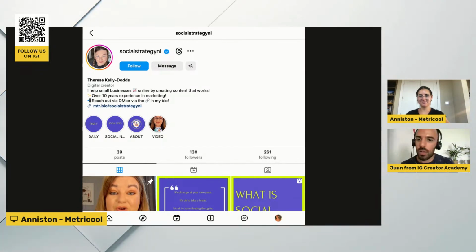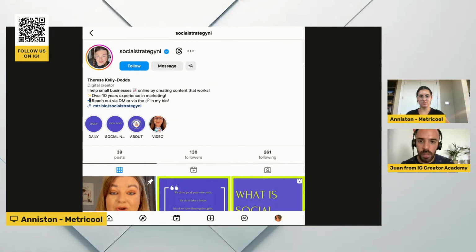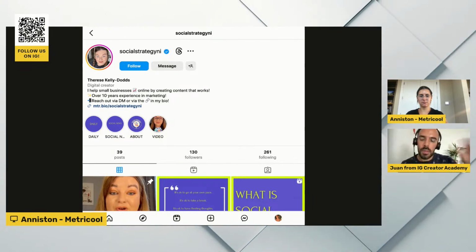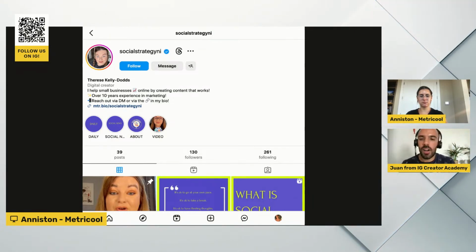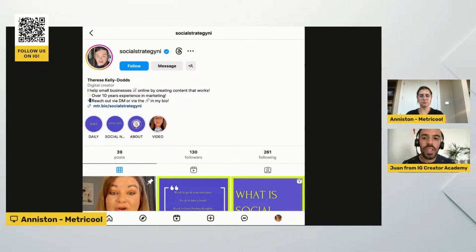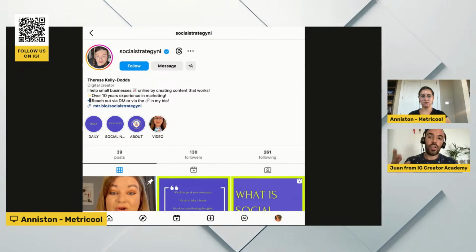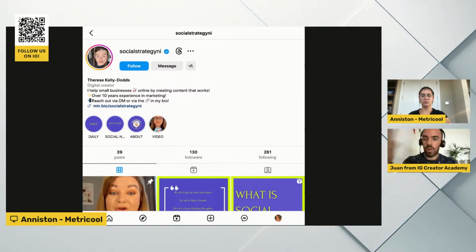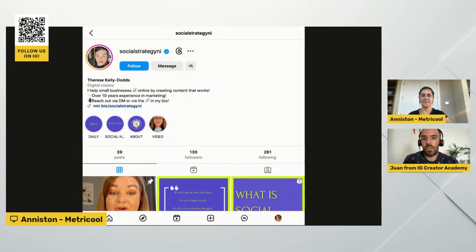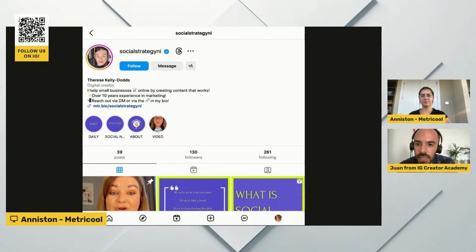It's clear that you are a social media strategist. Profile photo looks good. Something that works well in our industry, and I say our because I'm also in the social media industry, and I see most coaches and consultants doing, is changing the background of your photo and adding your brand color. If you go see my profile right now, it's a photo of me, but the background is my brand color. It's not gonna make or break your profile, but it's quite common in our industry.